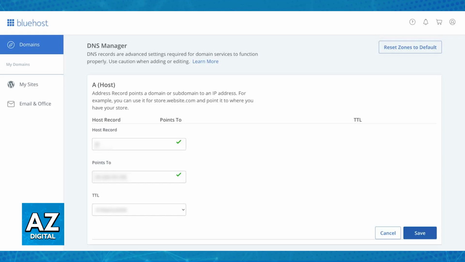Keep in mind that this is optional in most cases because as of today, most web browsers know how to handle these domains, and even if you don't manually set it up to add the www subdomain, some web browsers will do it automatically for you. So this is mostly done if you just want to ensure that every single visitor goes through the www subdomain for whatever purpose. I hope I was able to help you on how to add www to domain Bluehost.